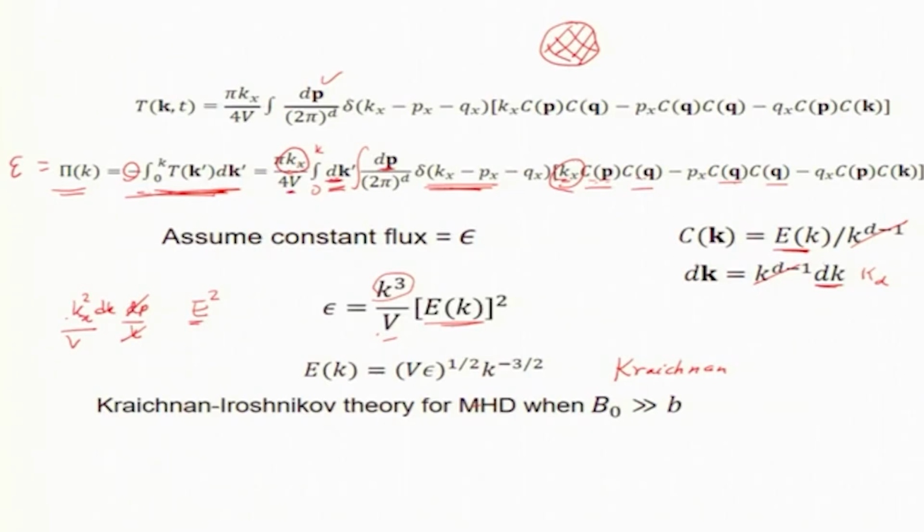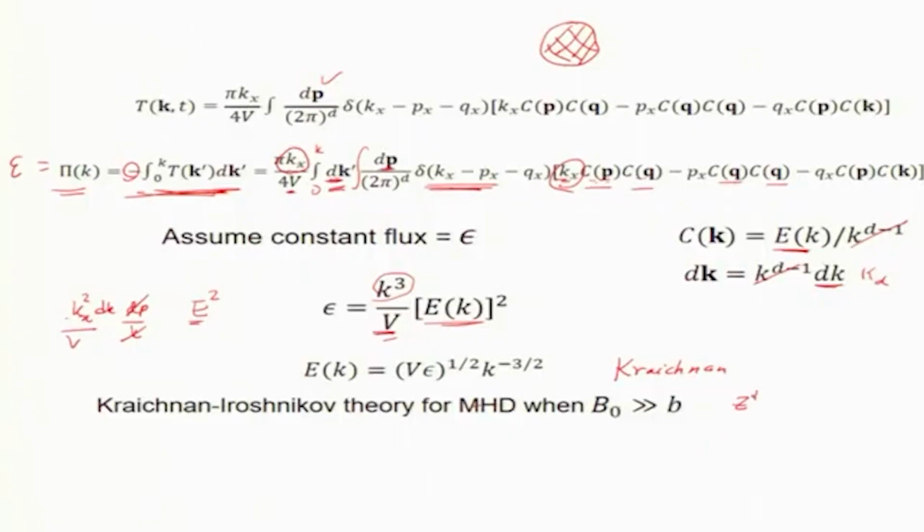In the Kraichnan and Iroshnikov theory, the derivation is a bit more complicated because we have Alfvén waves going in forward and backward directions, but what plays the important role is this V, the Alfvén wave speed. Interactions are more complicated and more realistic for Alfvén waves, but this is the formula we derived, and I did it by a pretty rigorous argument, except my beginning equation